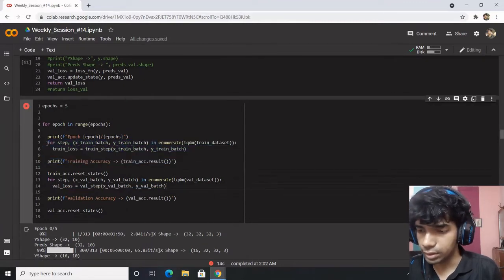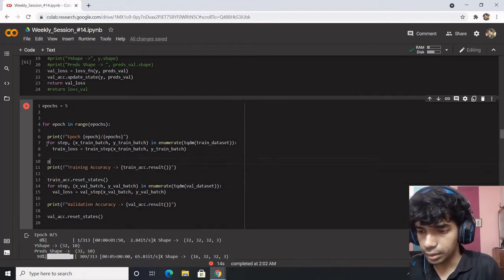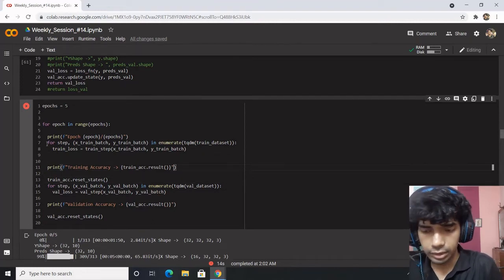Let's get the training once more running with the validation loss. So what we're doing is we'll print, we'll juxtapose loss value as well.